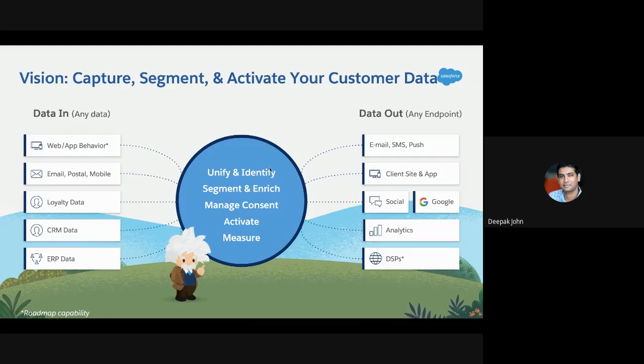So technically, you can send an email to a cookie. Now, that is without the DMP platform. Then you've got Interaction Studio that can do some of these capabilities as well. So I think the answer to that question is no. The longer term vision is some of these capabilities would merge into a platform and then they would be optional for the customers. Well, at least that's how I see it. Great. Thanks so much, Deepak.